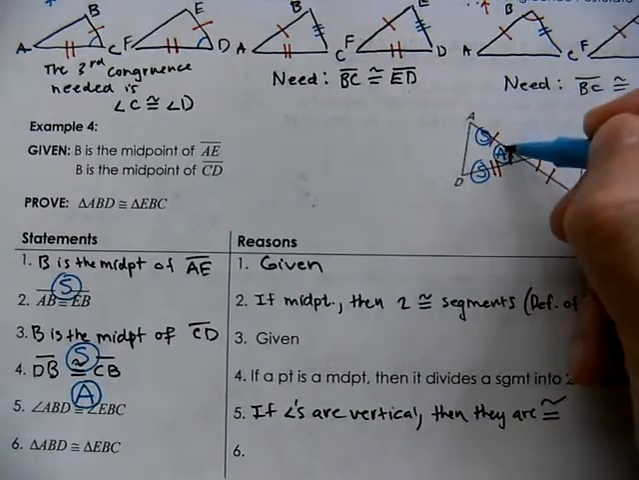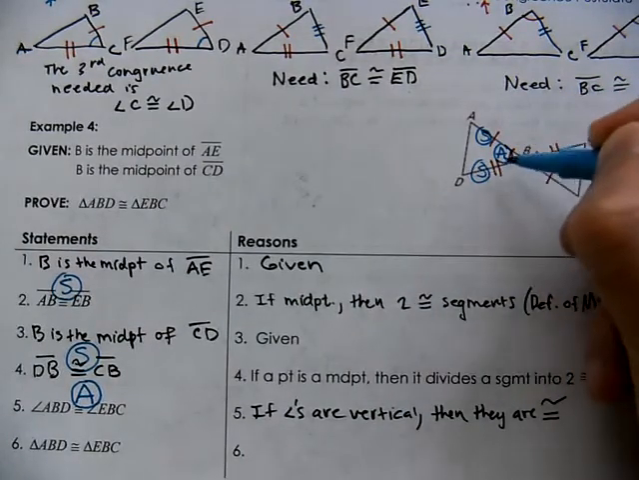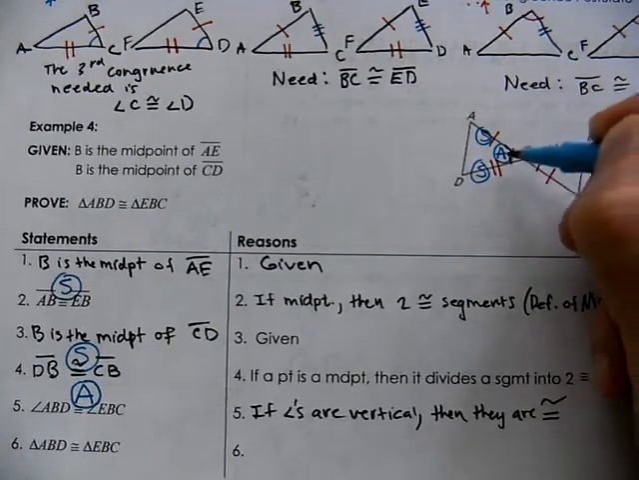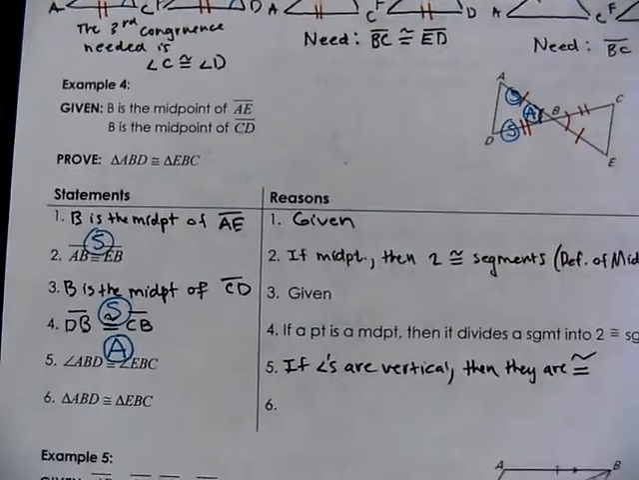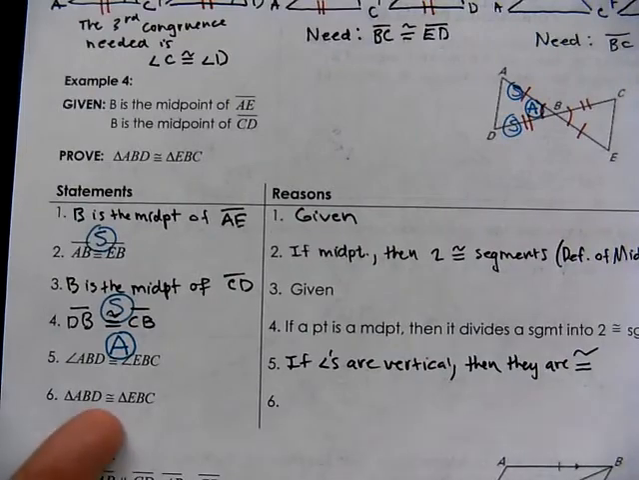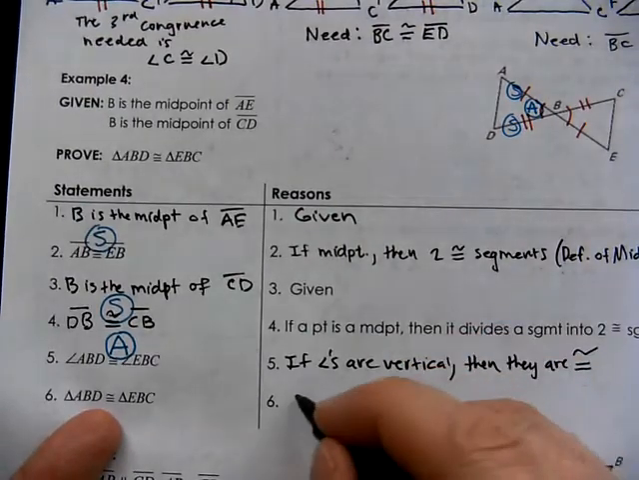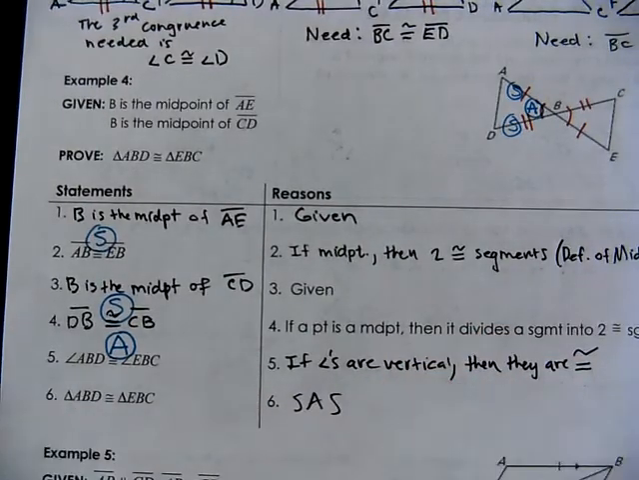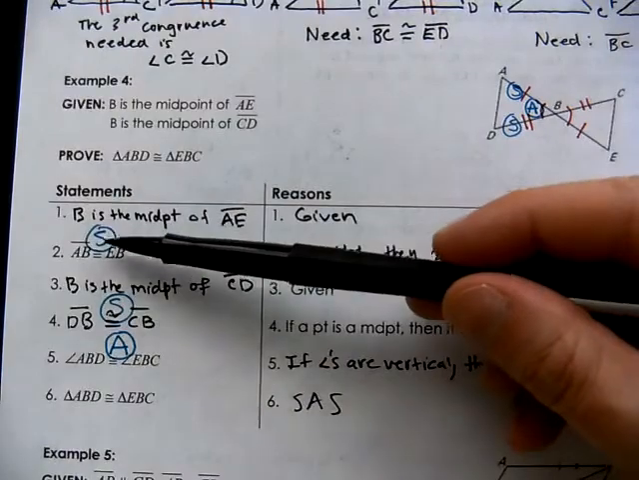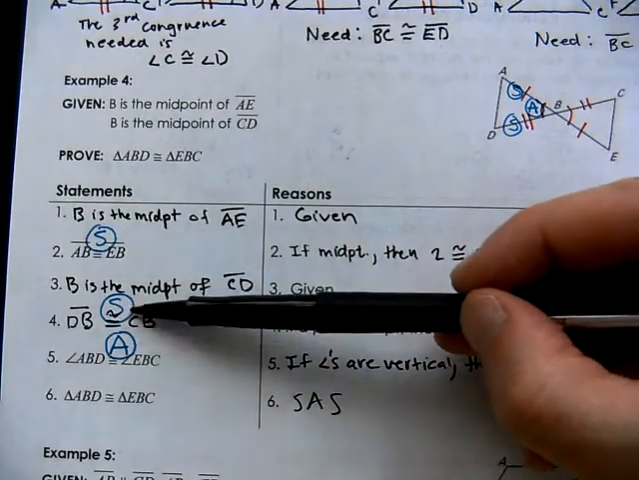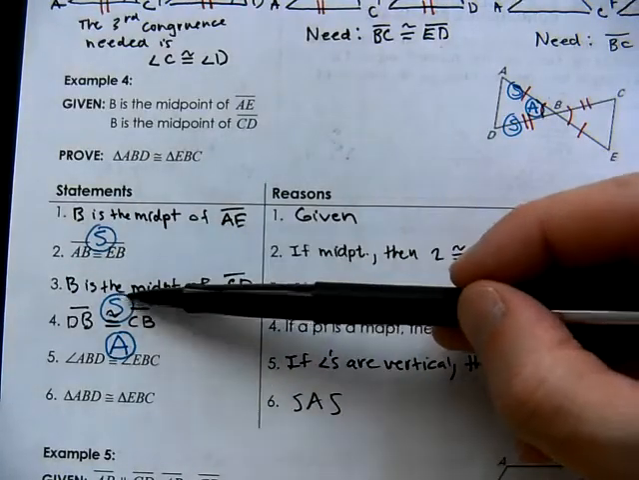So notice it's side, angle, side, or the other way around, side, angle, side. So the angle is the included angle, it's in the right spot. And so we know these triangles are congruent by reason of the side, angle, side congruence postulate, which we abbreviate just as SAS. So I strongly recommend you mark your statements this way, where I have an S, and an